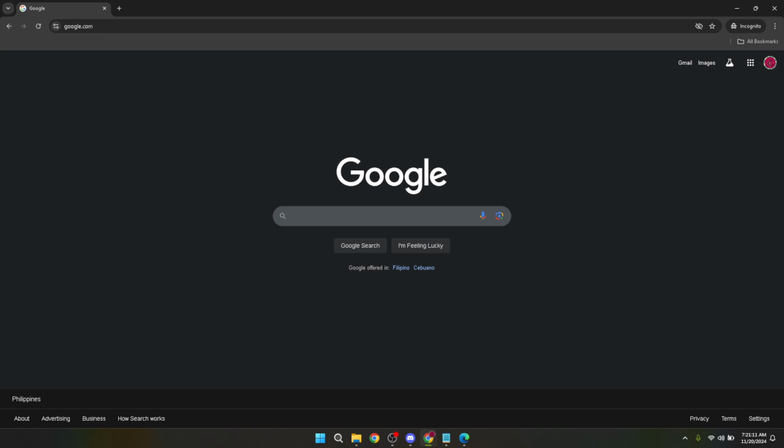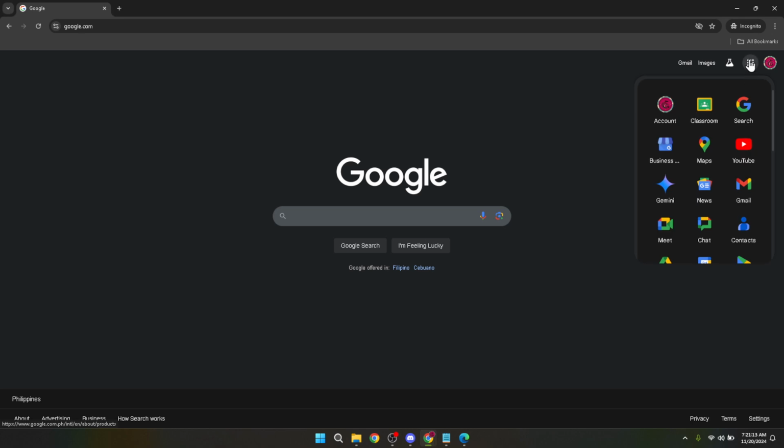Now that you're signed in, look again to the top right corner, but this time for the Google Apps menu, signified by a grid of dots. Click on this to reveal a drop-down menu full of various Google apps and services. Among these, you'll find Google Classroom, your target. Click on it affectionately, it's about to get a makeover.